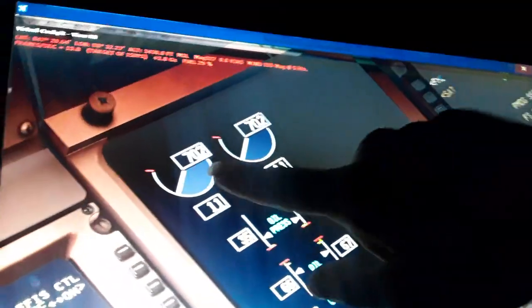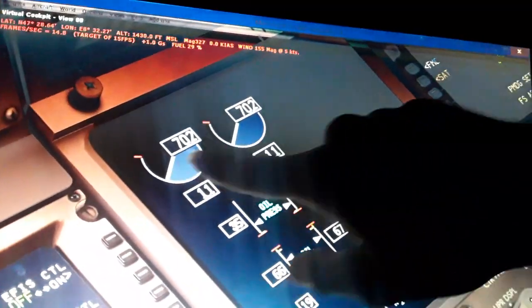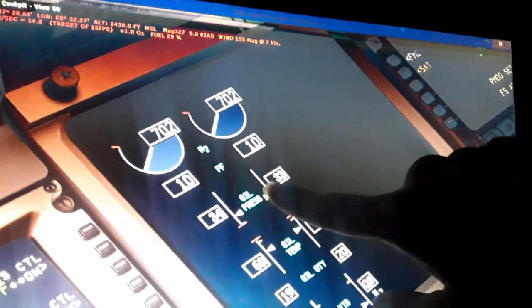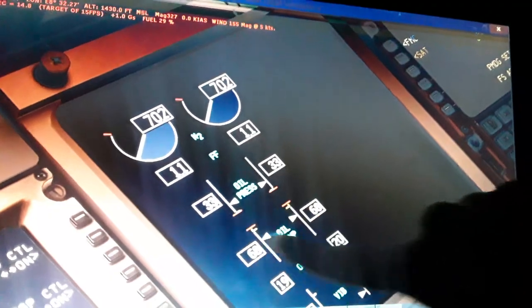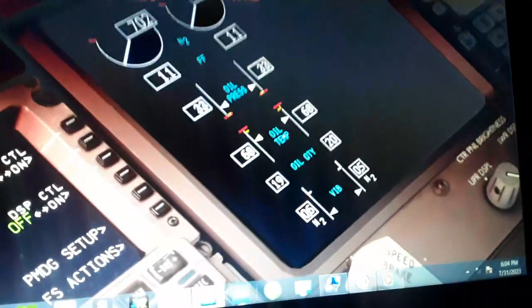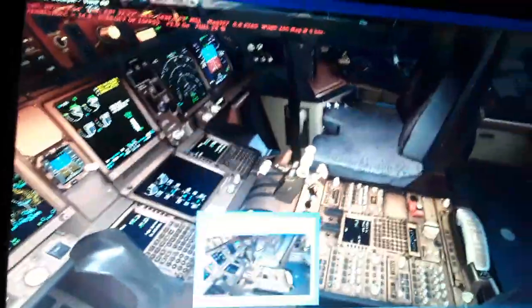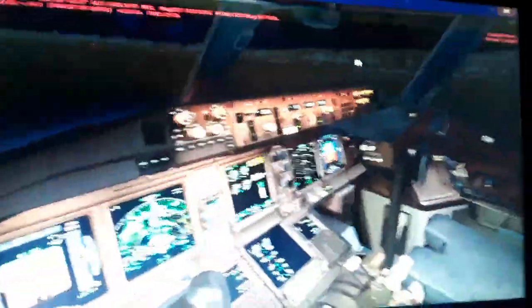The N2, which is the high speed starter and has the high pressure compressor and turbine of the turbofan engine. The fuel flow per engine per hour, in 1,000 kilograms or 1,000 pounds, all pressure, all temperature, all quantity, and the vibration of the N2 stage of the engines, and the indices. So you can see also, as I told you, if I move the thrust levers, I have also here